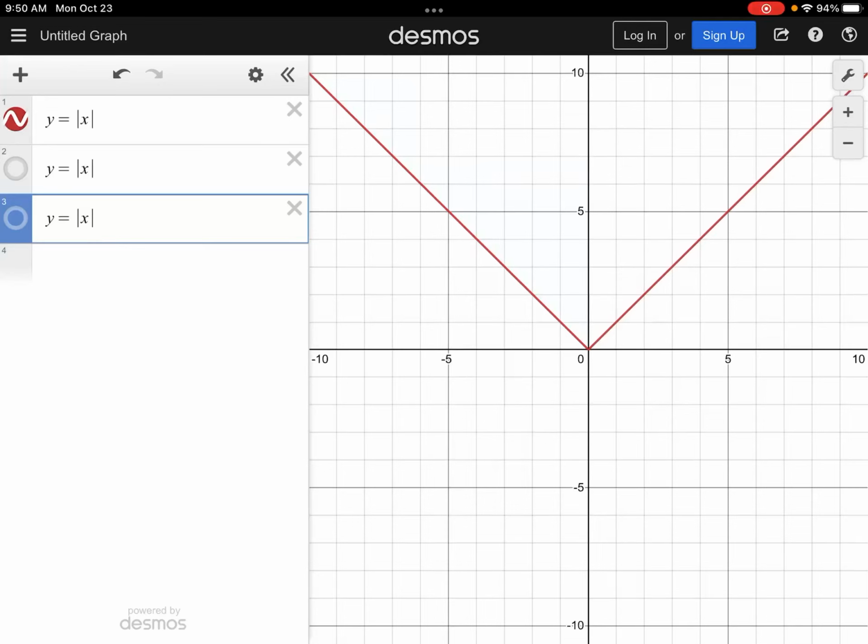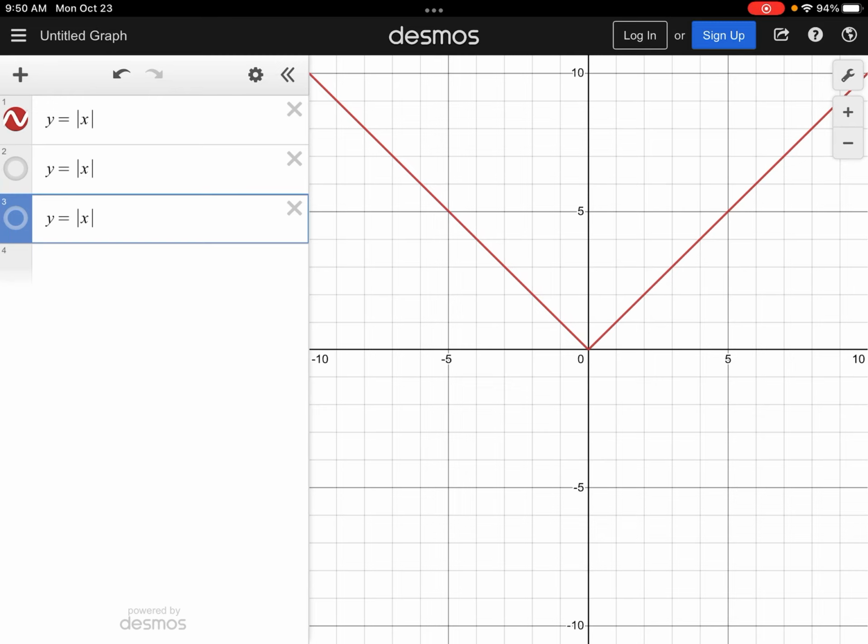So here in 2.12, we are going to be graphing basic absolute value functions. When we talk about absolute value, remember absolute value is these vertical lines here that always make whatever is inside positive. Whether it's the absolute value of -3 or the absolute value of +3, that value is still +3. So here I have three different equations set up, and I'm going to edit these three in different ways, and you're going to see how what I do affects the